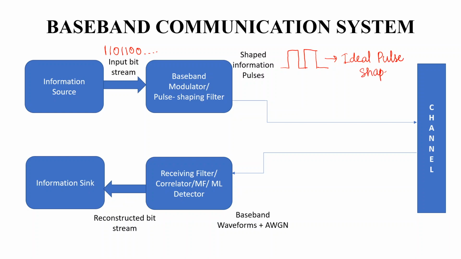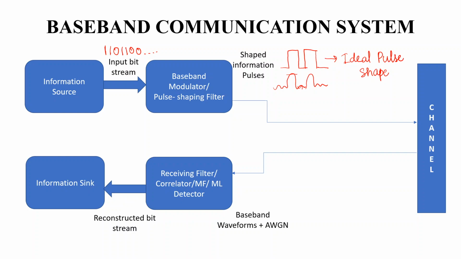Whereas we have other types of pulse shape which will take care of the sharp transition, by making use of raised cosine and root raised cosine. This is certainly going to help us in identifying the particular amplitude for a particular bit or symbol that I am transmitting over the channel, and it also takes care of the ISI, the intersymbol interference, when these symbols are transmitted over a channel.